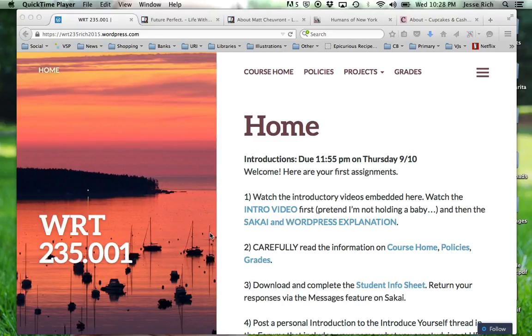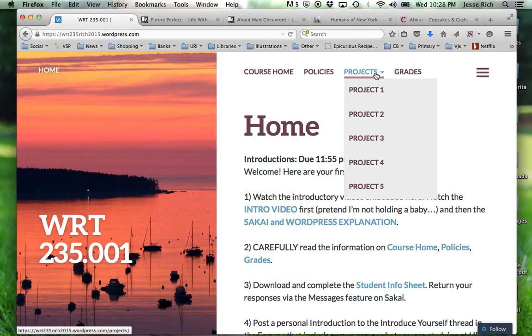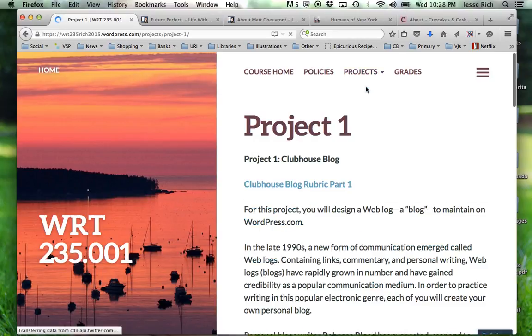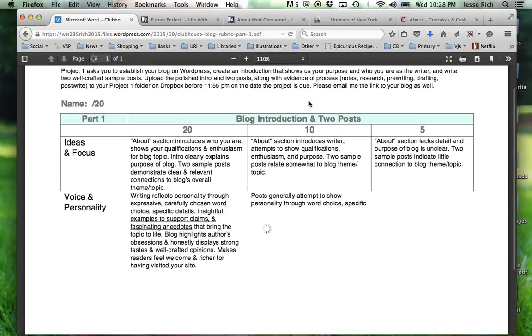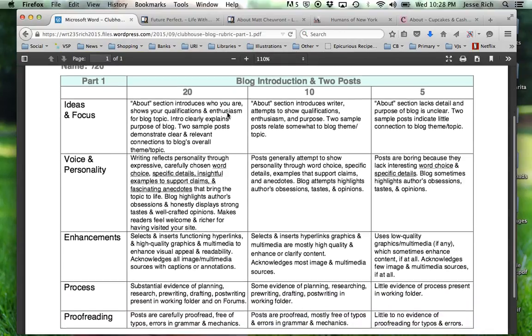Strategies they use that we might want to use for our own blog writing. I'm going to first remind you about the grading criteria. If you go to our WordPress site, Projects, Project 1, this is the Project 1 assignment sheet, which you probably have read already, and the rubric. So let's look at the rubric and the grading criteria for the blog